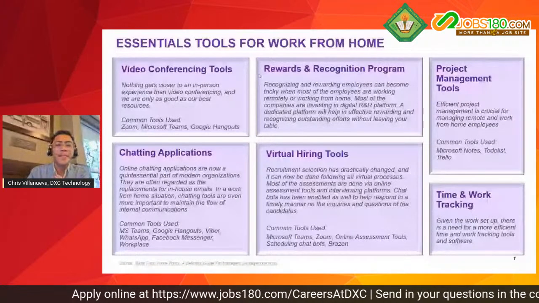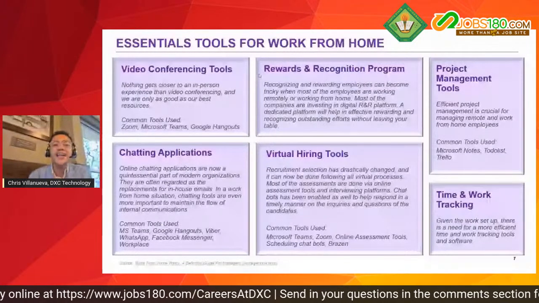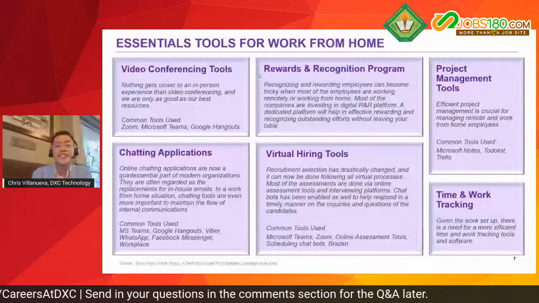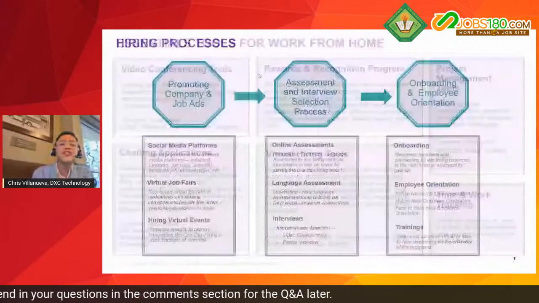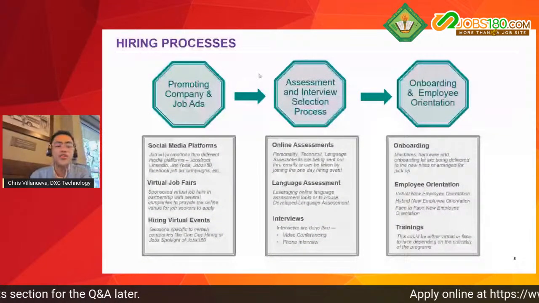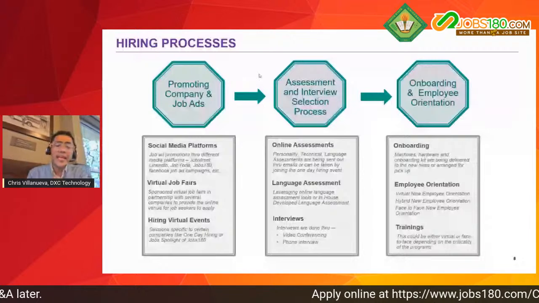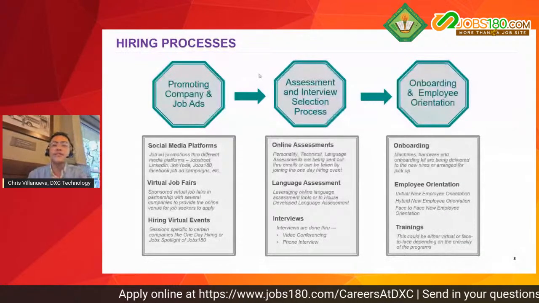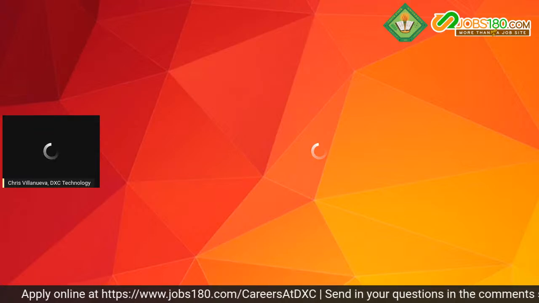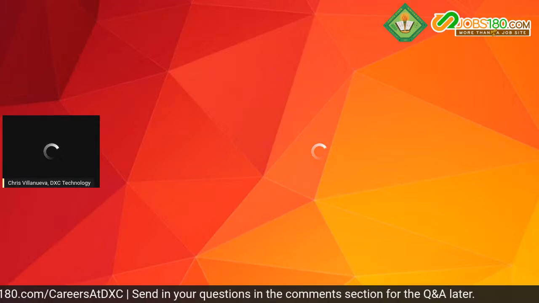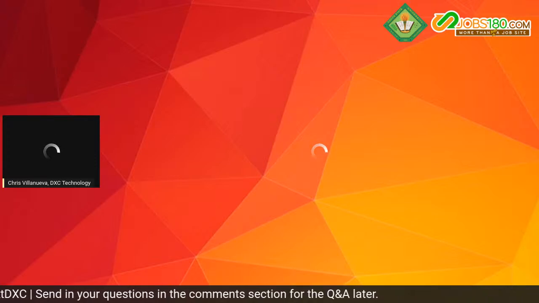So here our hiring process will be, first, promoting company and job ads. So how do we do that? We have social media platforms such as Facebook, and others that we leverage to get profiles and post our job openings to attract applicants just like you. Resume grooming. So we have a resume grooming process where we have candidates who